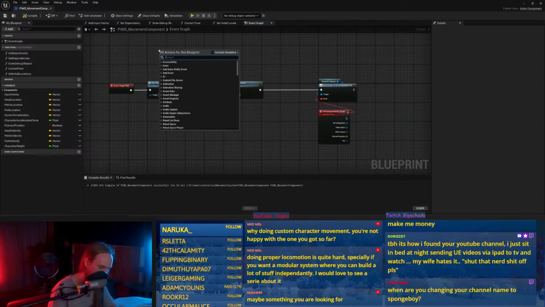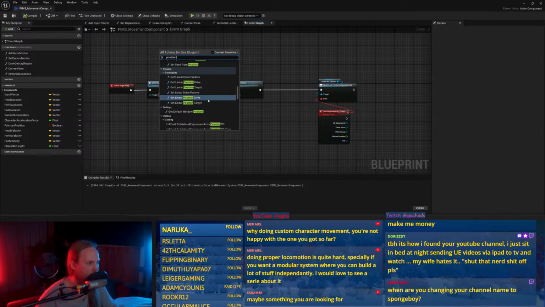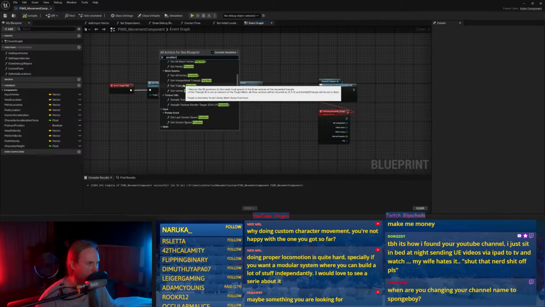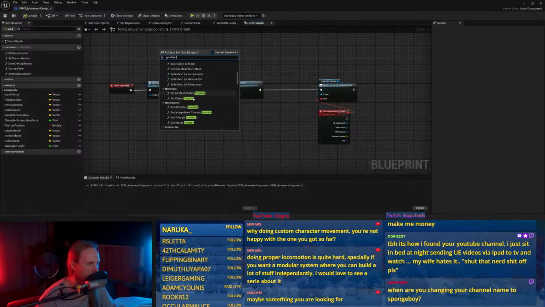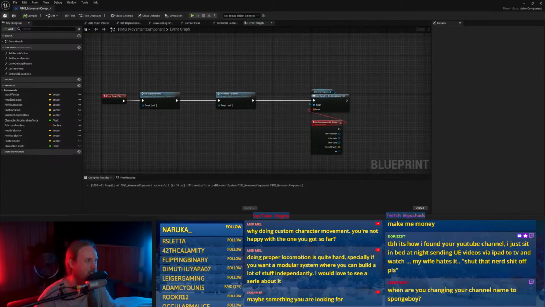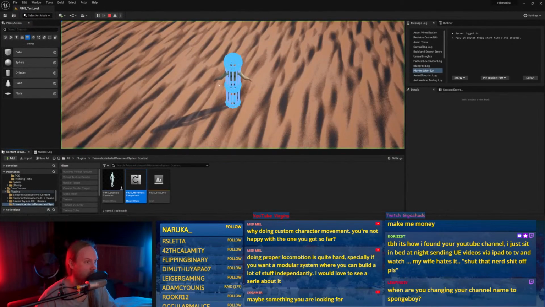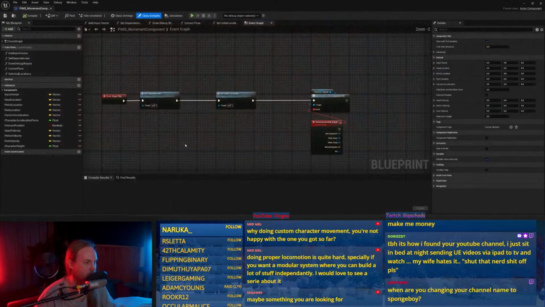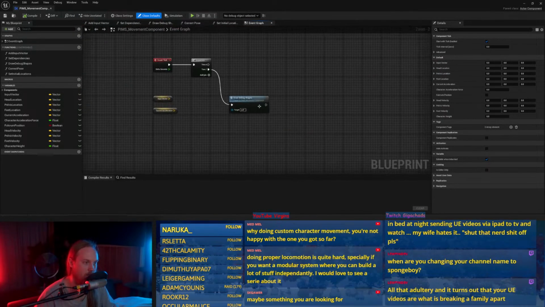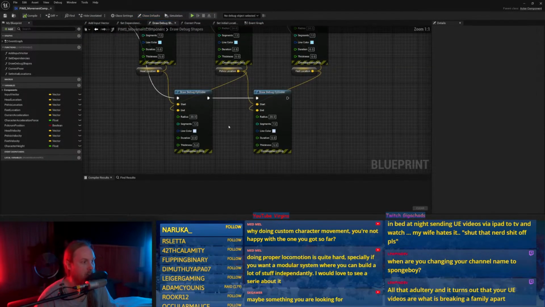Although some things use position, obviously. But location is like the world location. So that should... Okay, there's our character right now. Yeah, it's a nightmare, but pretty good. Let's also just do it smaller.